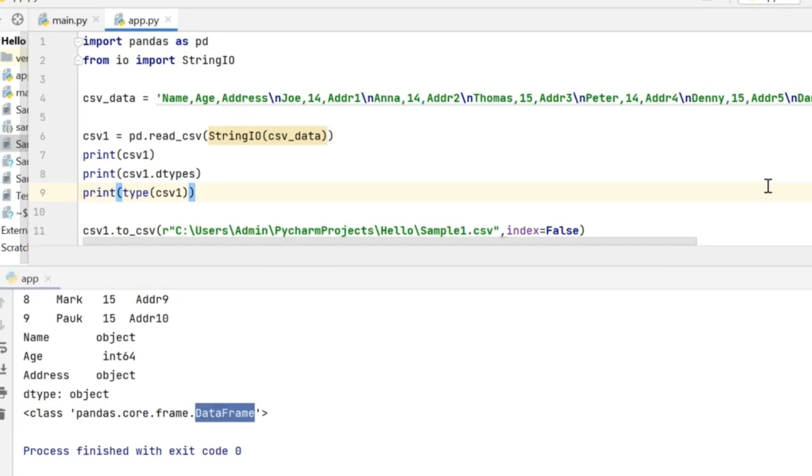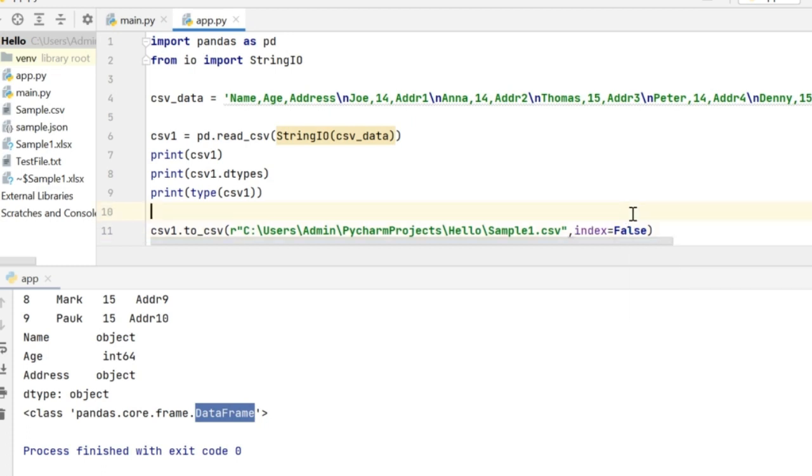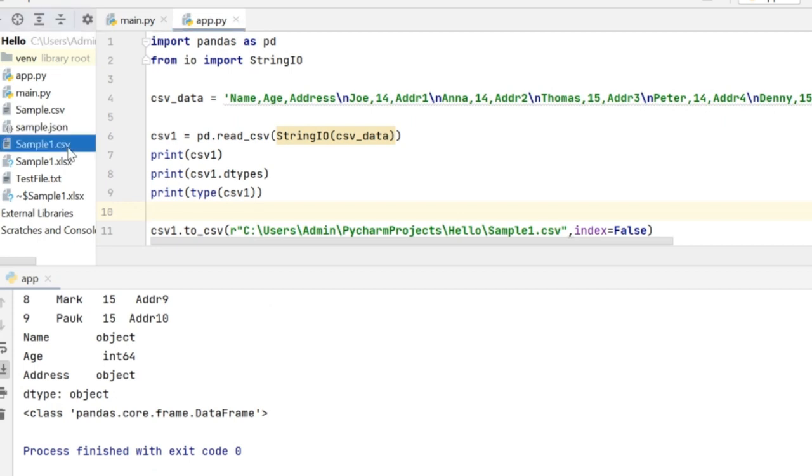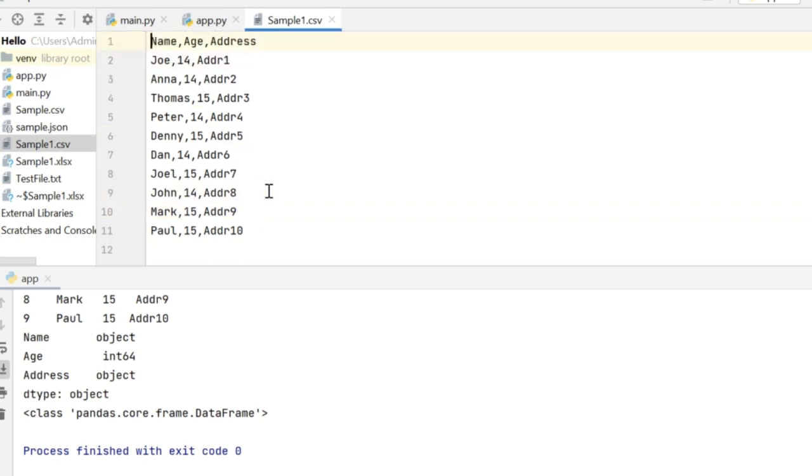Now that we have imported this CSV data into a data frame, let's try to do the reverse process of converting this data frame to a CSV file. So I can do that by calling the to_csv method by giving the path of the file where this CSV file has to be generated. So I want this CSV file to be generated in PyCharm projects hello, and the name should be sample1.csv. For now, ignore this index parameter. We'll mention it to be false. I'll explain you what it does in the subsequent examples. I can see that this sample1.csv got generated. When I open this file, I can see that it has got all the records which I've mentioned in the